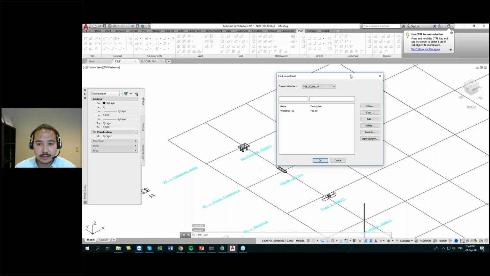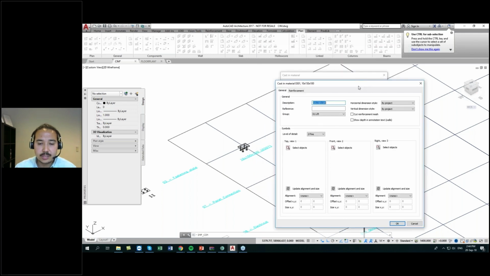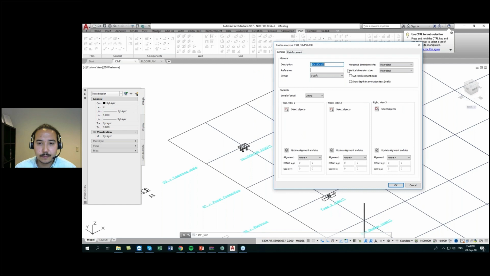Then I'm going to select a new one here, and I'm going to call that 0301 with a description called 10, 150, and 100, like this. So this is a clean sheet. I'm starting to say my description is correct. Do I want the reference? Is it from a manufacturer, or is that unnecessary? I want to say unnecessary to put in. I want to choose which group I want to put it in. Fastening plate. I'm going to select my level of detail, and when I have it in 3D solid,